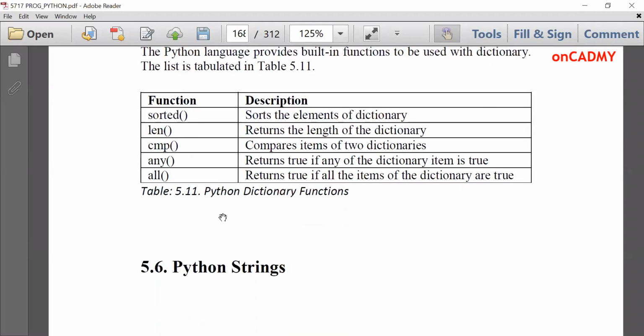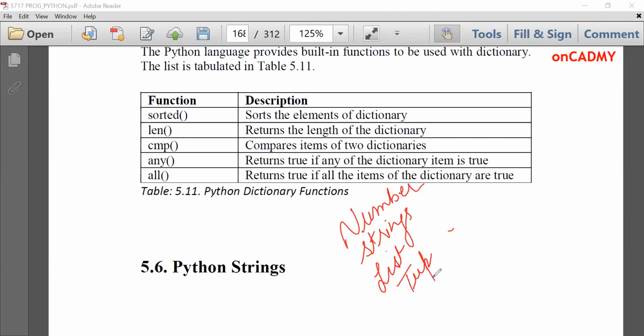Next topic is strings, and you have already studied about it. So we have studied all the data types in Python now, which are numbers, strings, list, tuples, sets, and then dictionary.